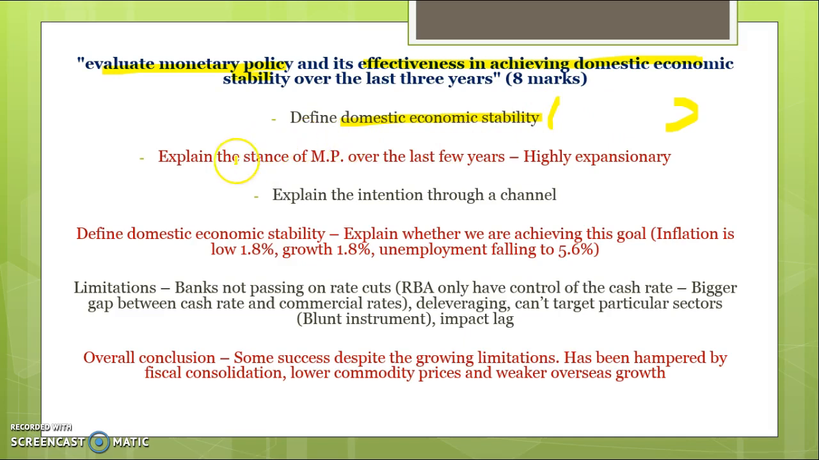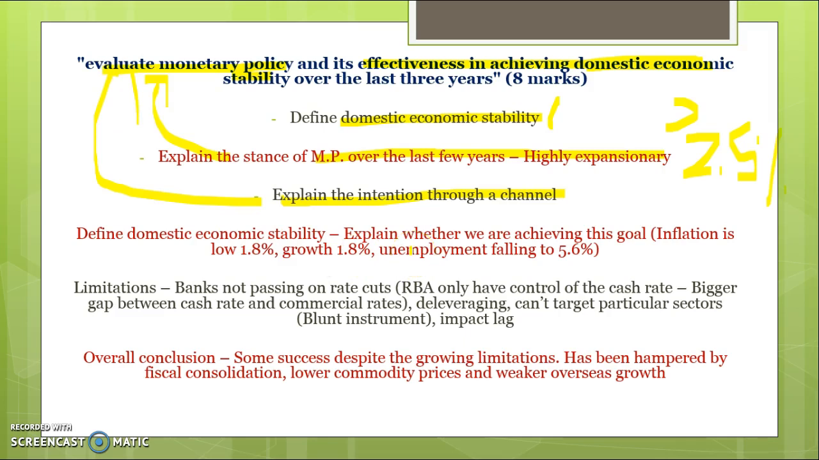Then you would talk about what the stance has been over the last 3 years. It's been highly expansionary. We've gone from interest rates of 2.5% to 1.5%. It's highly expansionary, and you explain how that's meant to promote growth through a channel. So you've now given an indication that you know the definition of domestic economic stability, you know what the monetary policy stance has been, and you can explain what impact that's meant to have through aggregate demand. Okay,